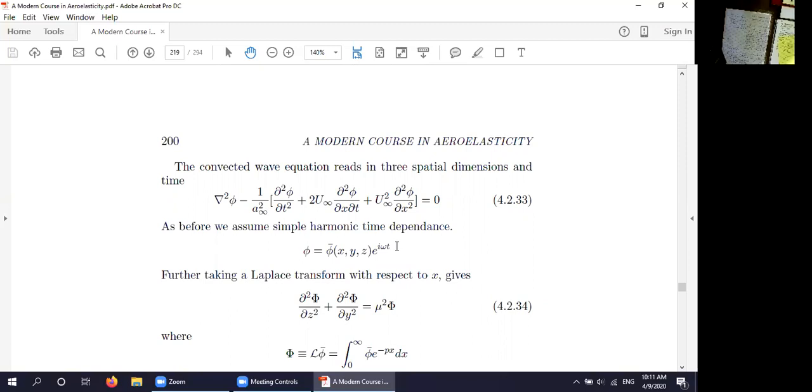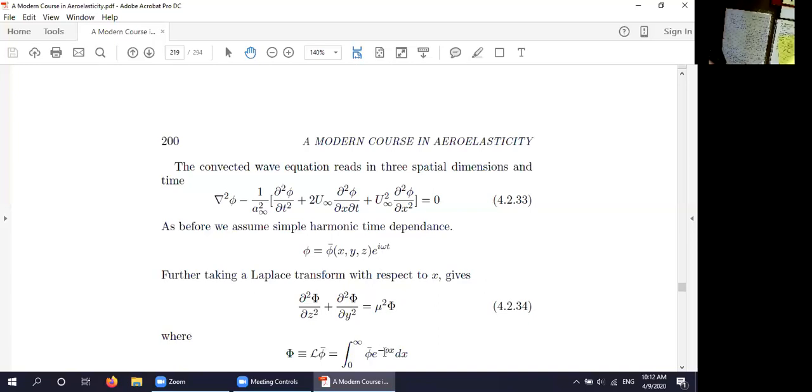And all of these commercial codes for potential flow are almost entirely devoted to this special case. So anyway, we assume this is simple harmonic motion in time. We take a Laplace transform with respect to x because it's supersonic flow, and that reduces this partial differential equation in 3 spatial coordinates and time to still a partial differential equation, but now only in 2 spatial variables, namely z and y, having taken care of time by e^{i omega t} and having taken a Laplace transform with respect